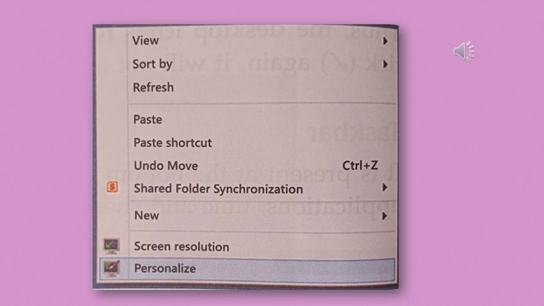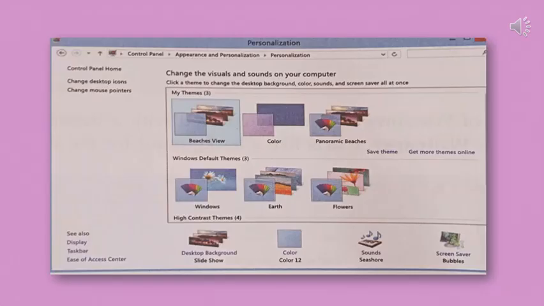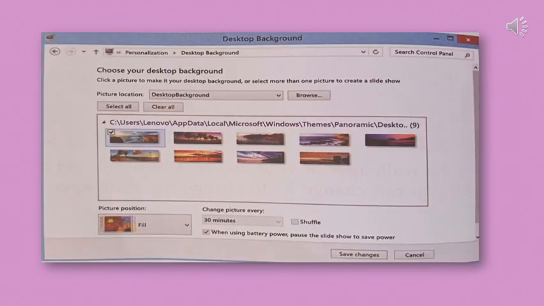You will get another window, that is, here you can see personalization window. Click on desktop background from the window. Then another window appears. This is choose your desktop background section.